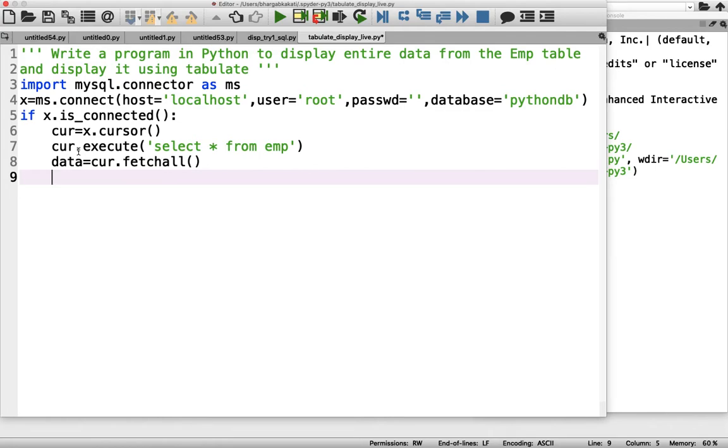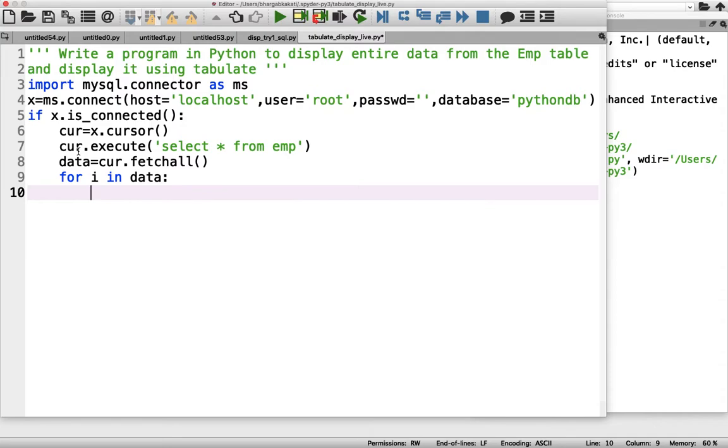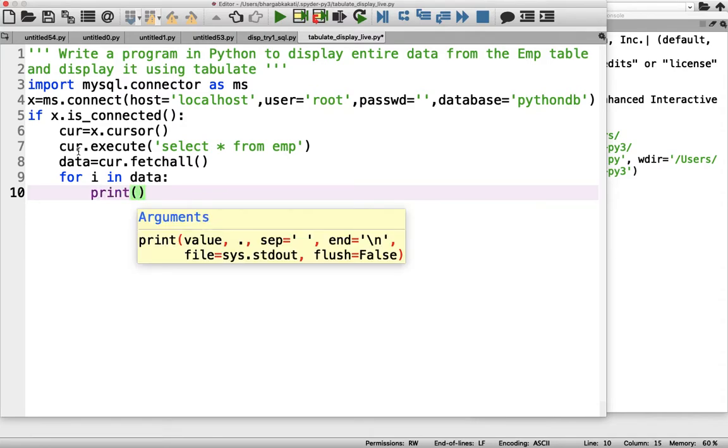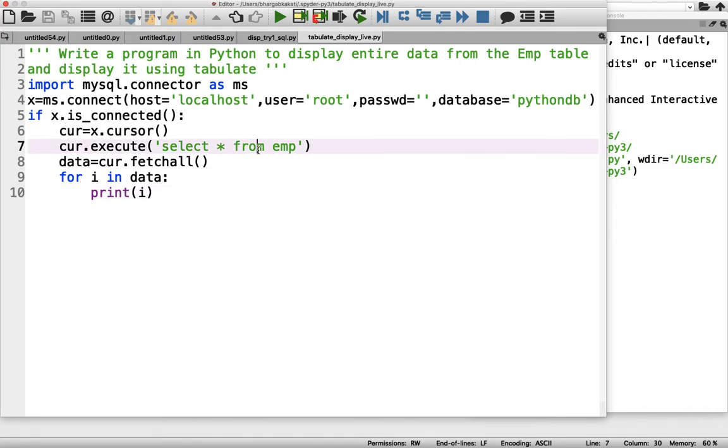Now how to display it? What is the concept we know till now to display? For that we have used the for loop, which is for i in data. Then within that I have to print what? I have to print i here. Okay. Now we'll just run this program and see what the output status is